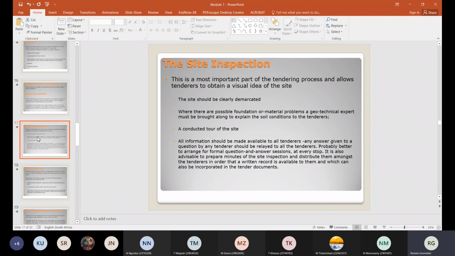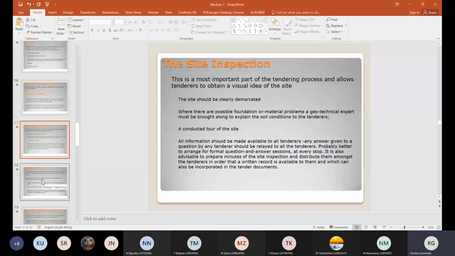And nowadays some specify that when you're sending a representative to the site inspection, the representative must have a good knowledge of the scope of the work. Because quite often with tenders, a contractor will send his tea lady to the site inspection just to sign the register. She doesn't know anything that's going on, and a lot of information is discussed at the site inspection. So that's why nowadays they say that your representative must have a good knowledge of the scope of the works.